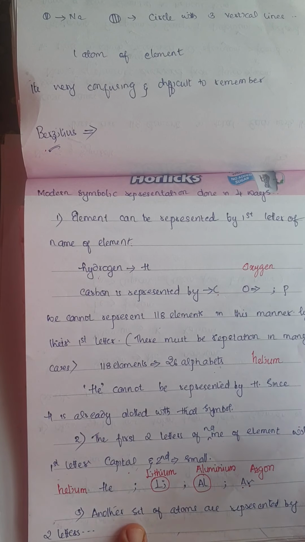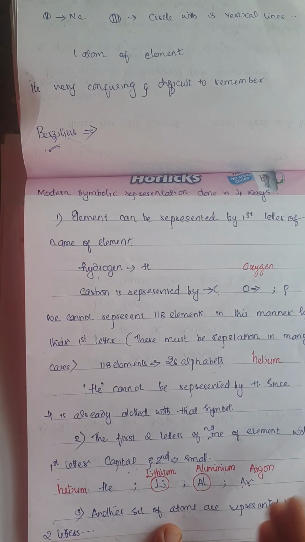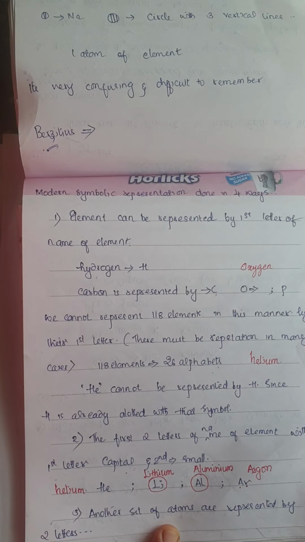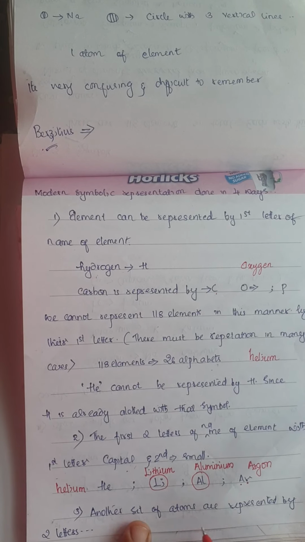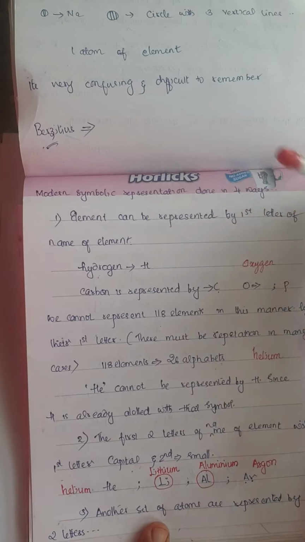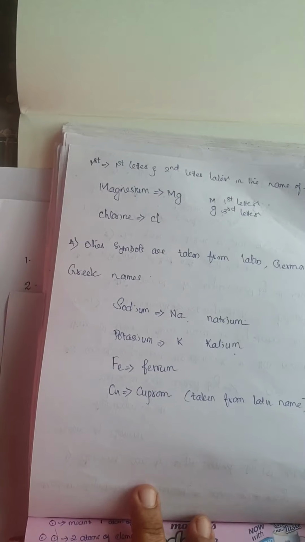And Berzelius, who named another set of atoms, used two letters, not the first two letters. Okay. He used the naming for some elements by using two letters, any two letters. Okay. For example,